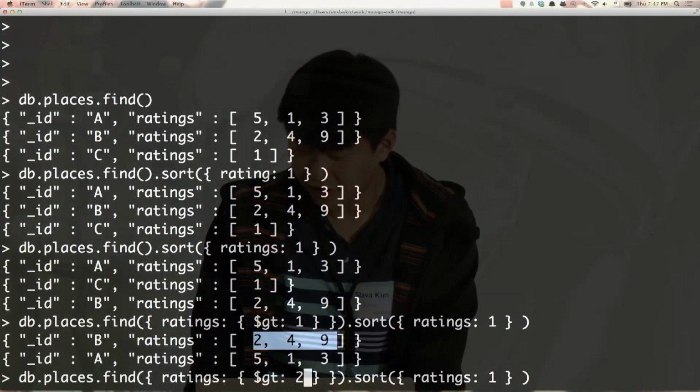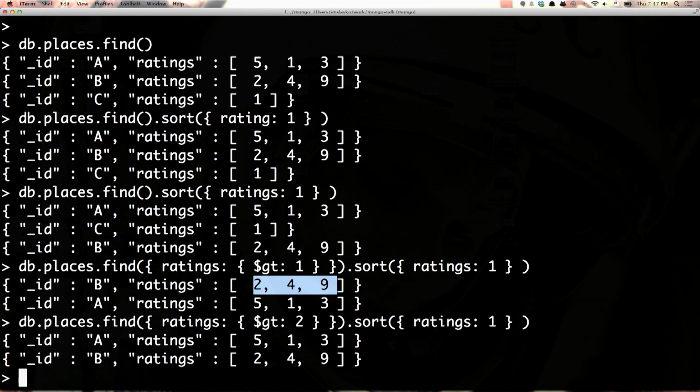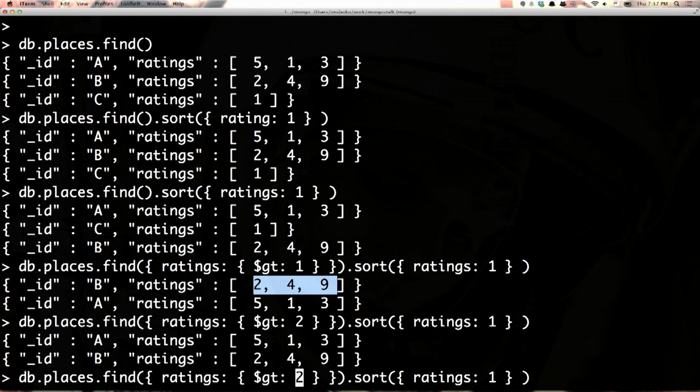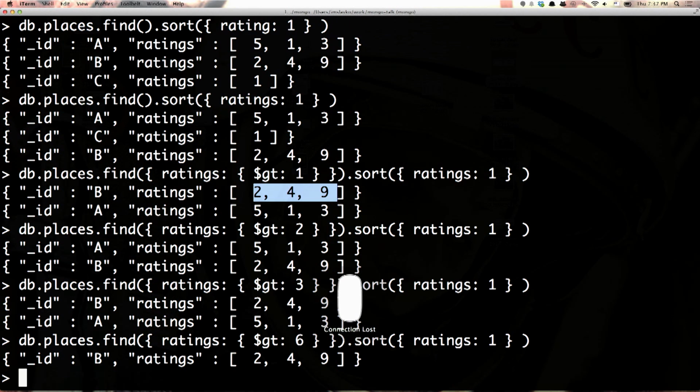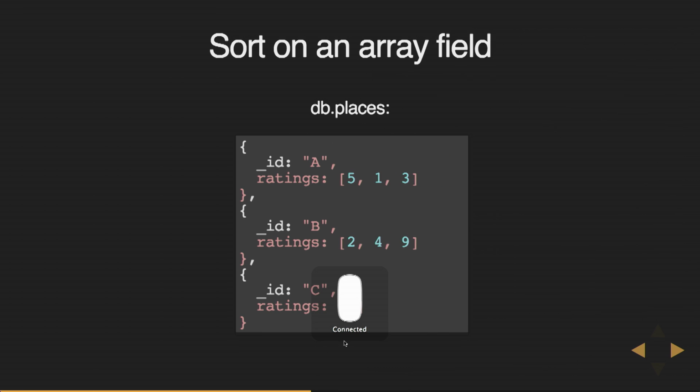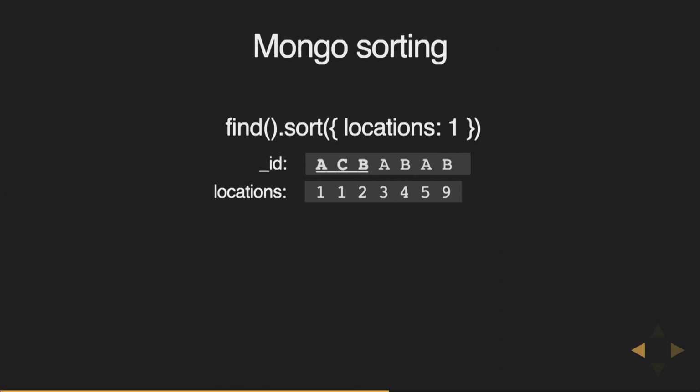Let's try 2. Now it's A and B. Let's try 3. B and A again. What if I try 6? OK, magic ended. OK, never mind. It doesn't work anymore. So what actually happens here, the way Mongo does it,